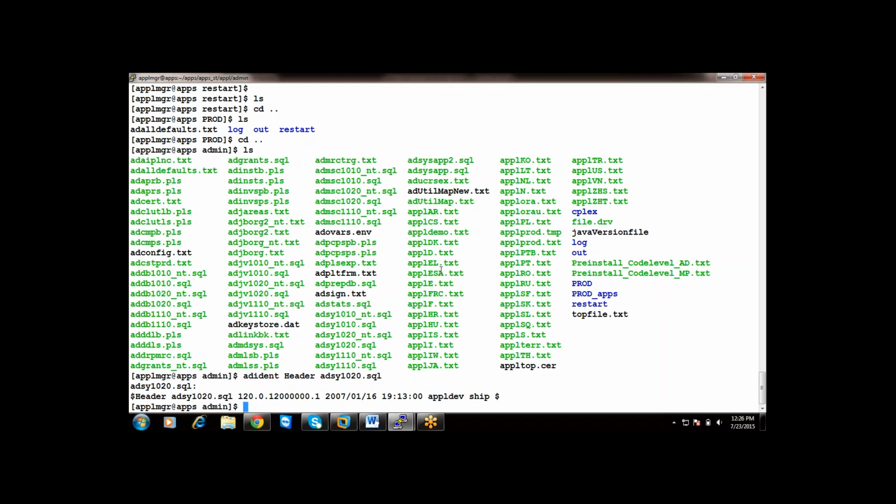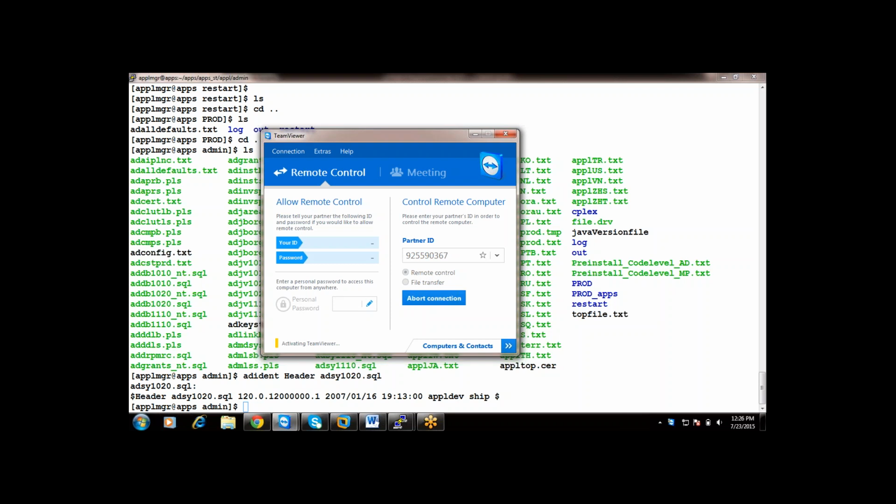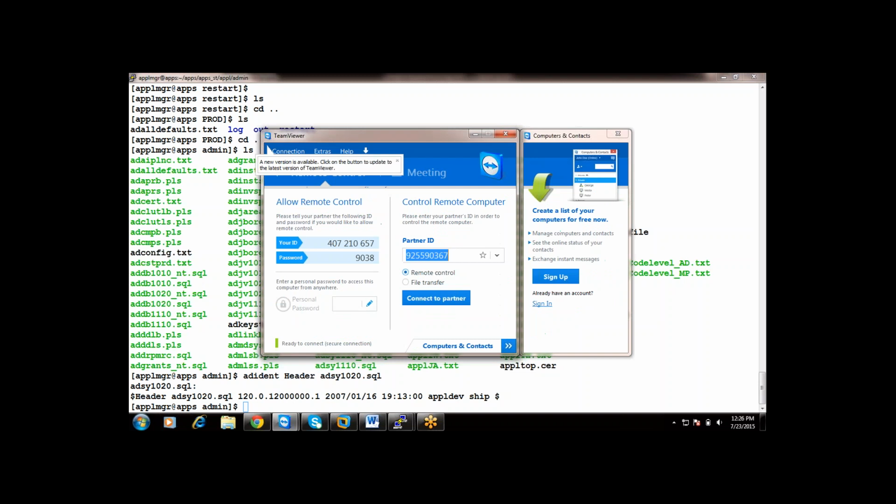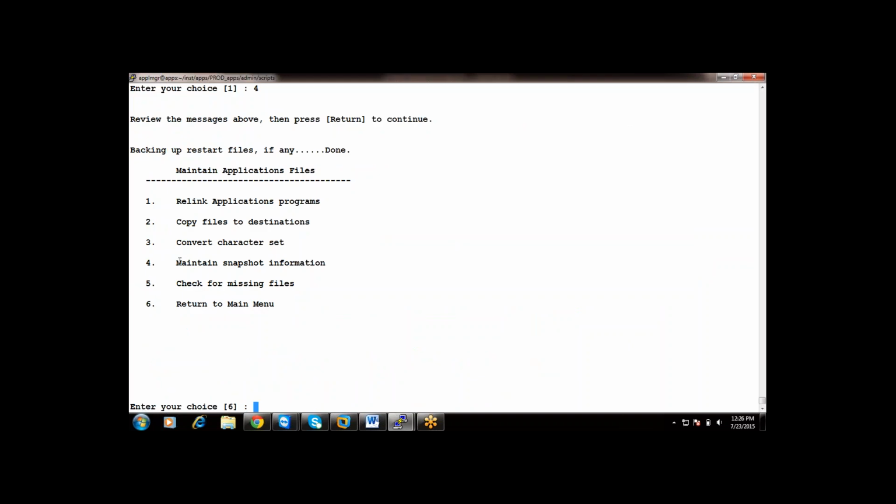So I am asking you one question. How does AD patch come to know about the existing file version in Oracle application? I guess it uses AD ident. You are thinking it uses AD ident, but that is not the correct answer.